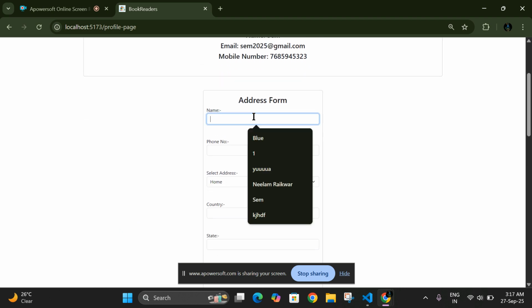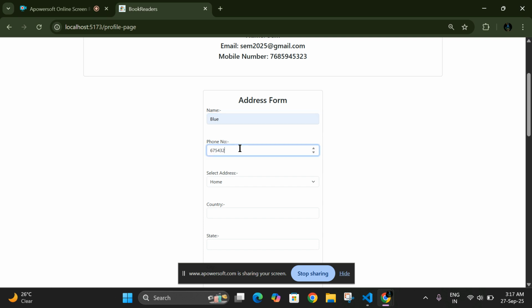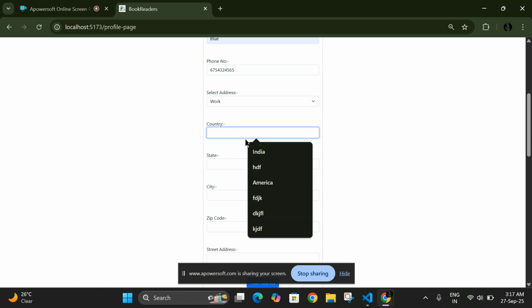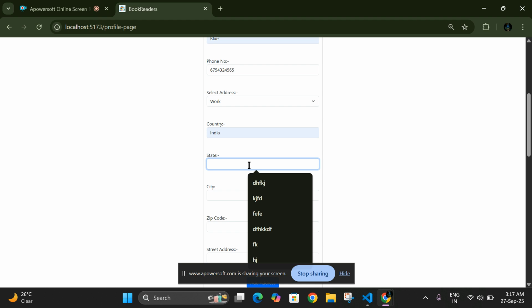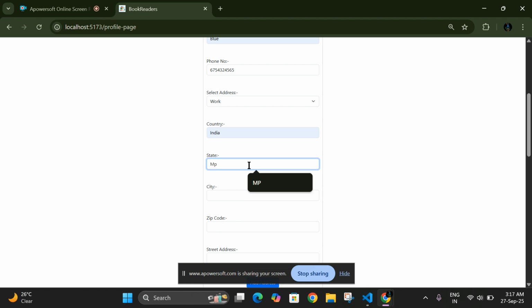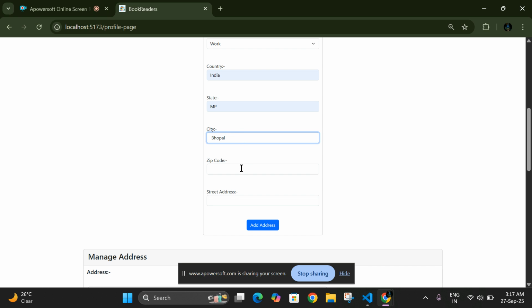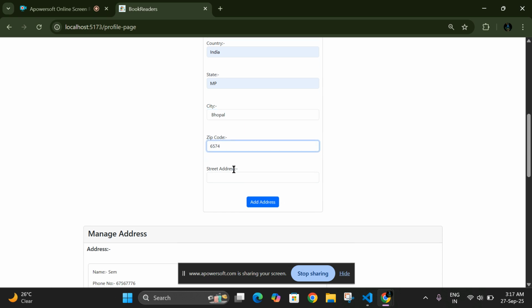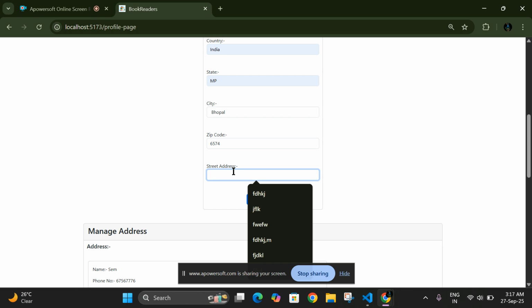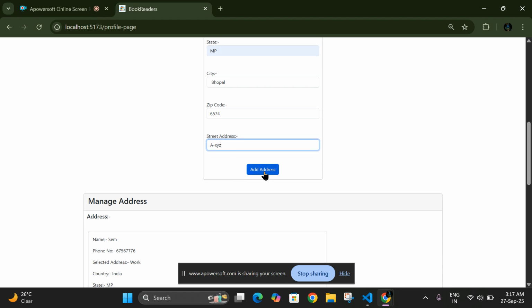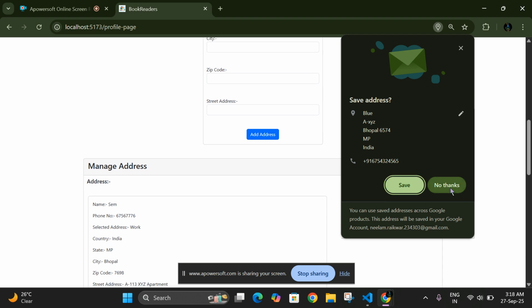If I select any data here, then it adds that data in the addresses. If I add address, then it is added here.